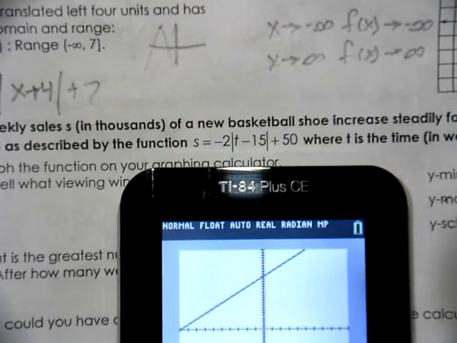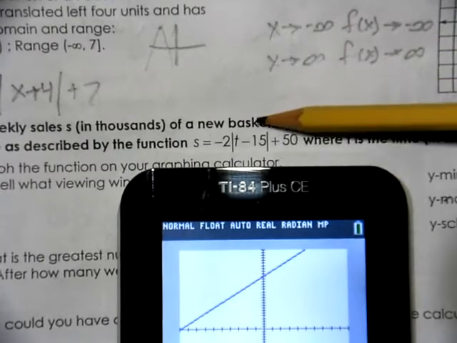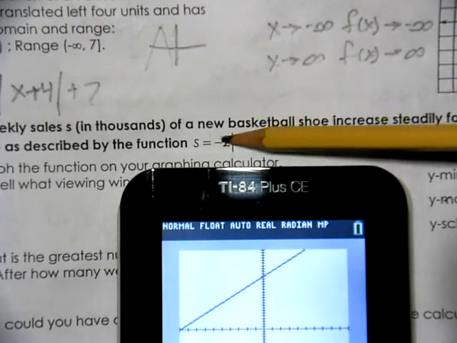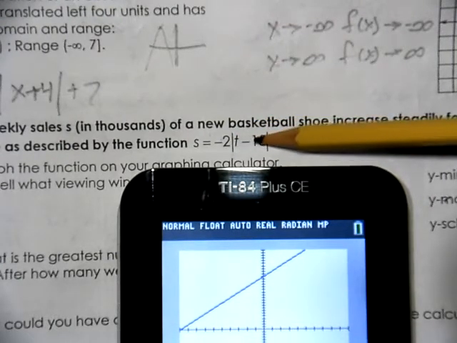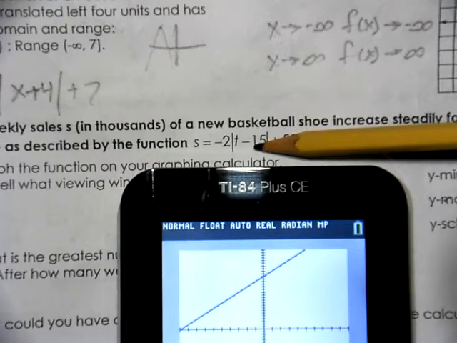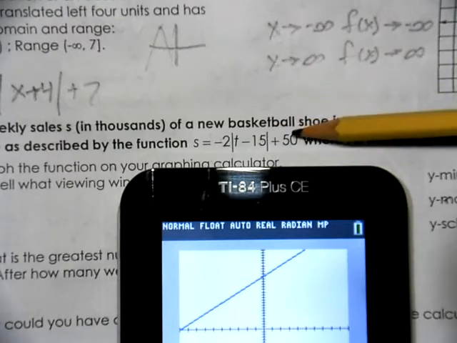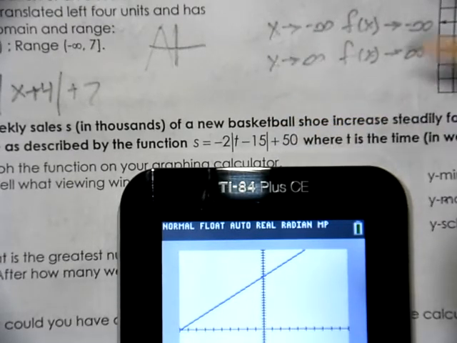We can't see the whole thing. Well, let's look at what the equation says. It says it's opening downwards. It's been translated 15 units to the right and 50 units up. So in my window,